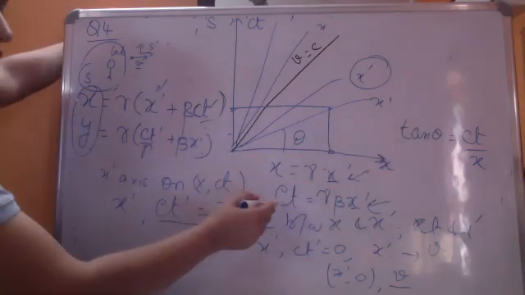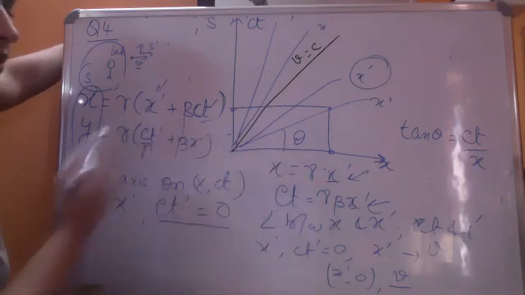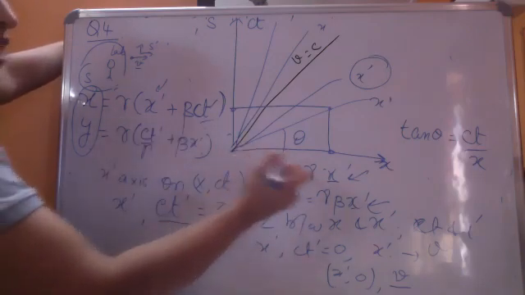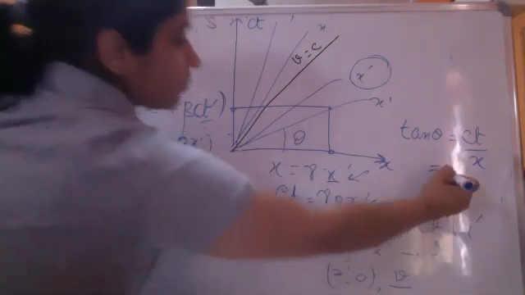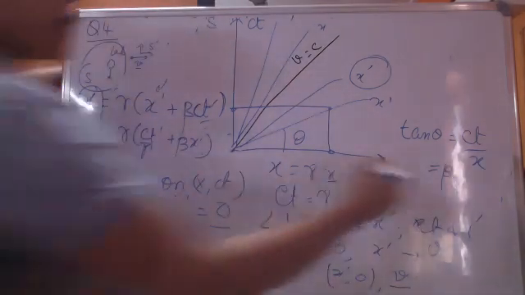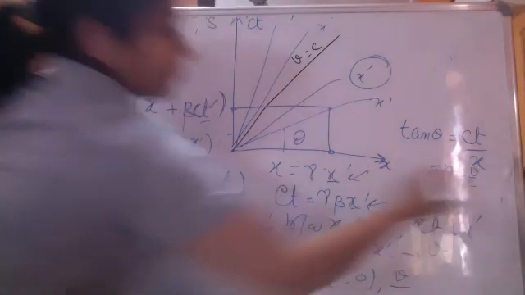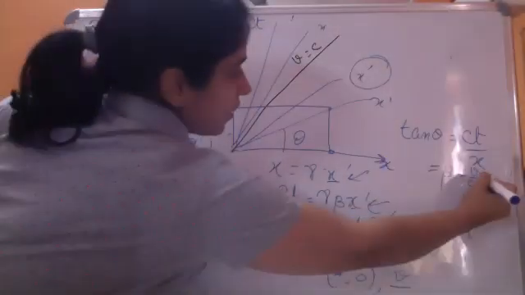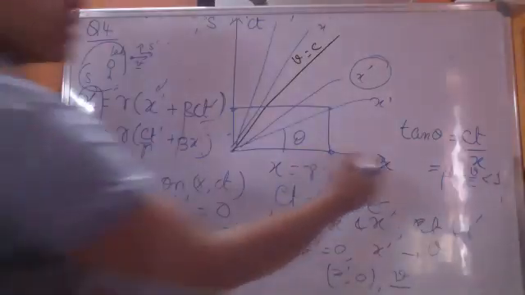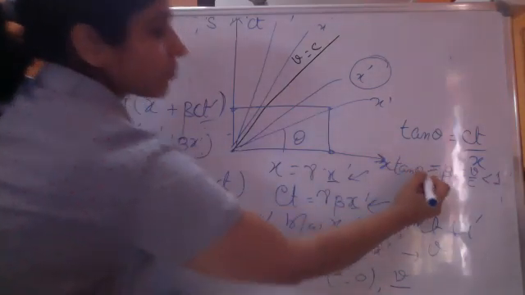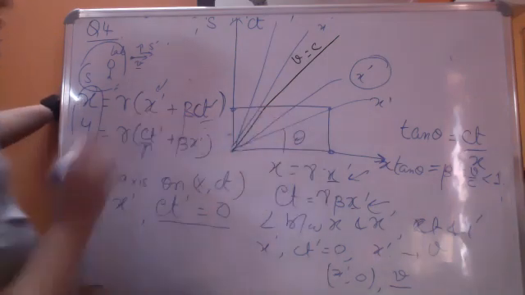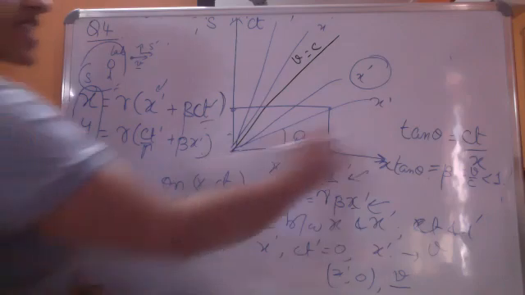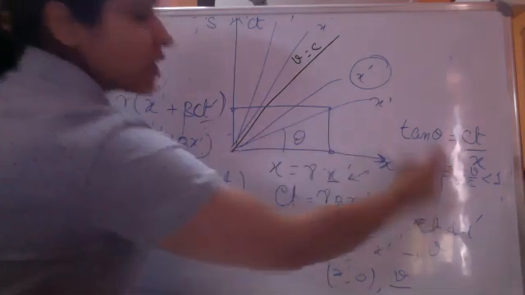So I have to take the ratio of ct by x from here, and I get the ratio of ct by x to be beta. Now beta is actually v by c. So beta is actually less than 1. So this tan theta, which is the tan of the angle that this x prime should make with x-axis, is beta, which is